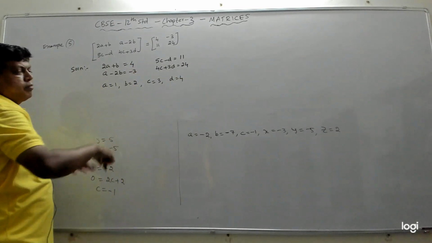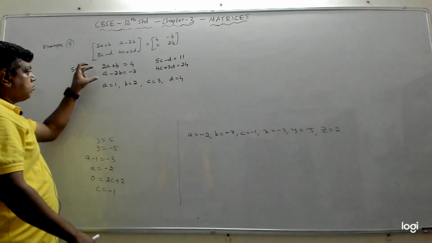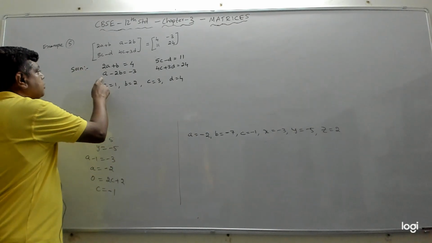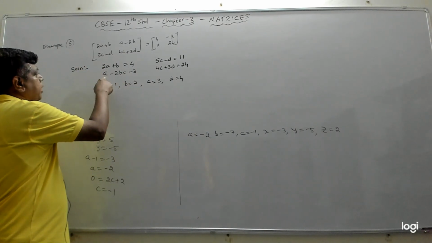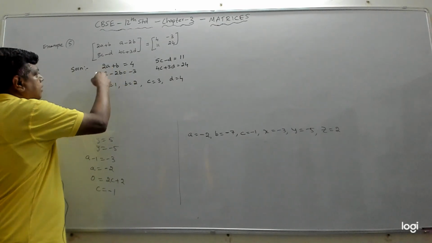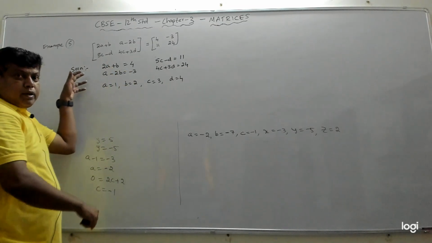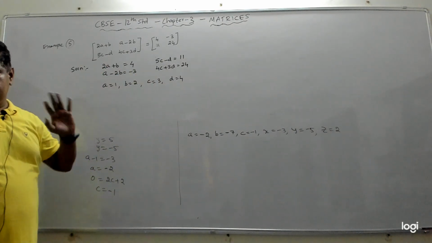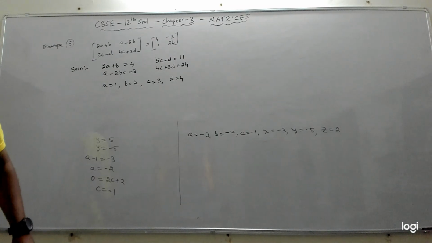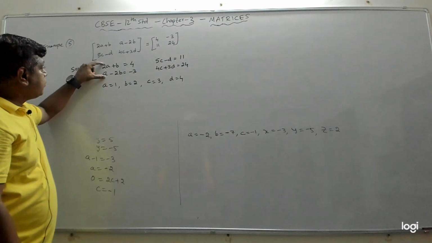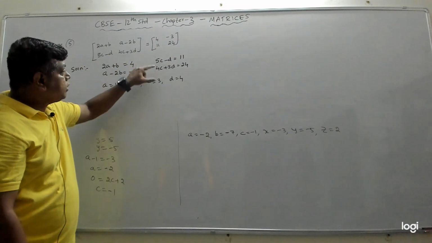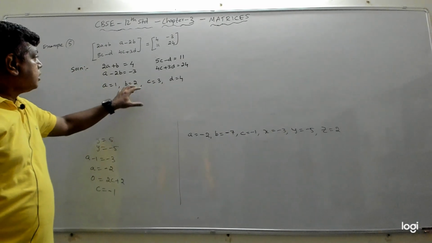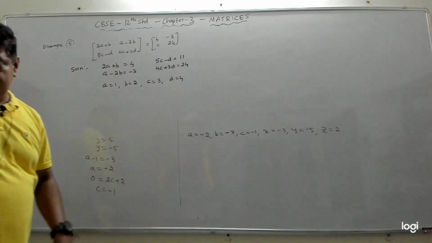If you solve them, I hope you know how to solve this. So I will leave it to you to solve these two equations. I mean you will multiply this throughout by 2, then it will become 2A minus 4B equals minus 6, then change the sign, cancel, elimination method. You can find the values of A, B, C and D. Solving these two will give you A and B. Solving these two will give you C and D.